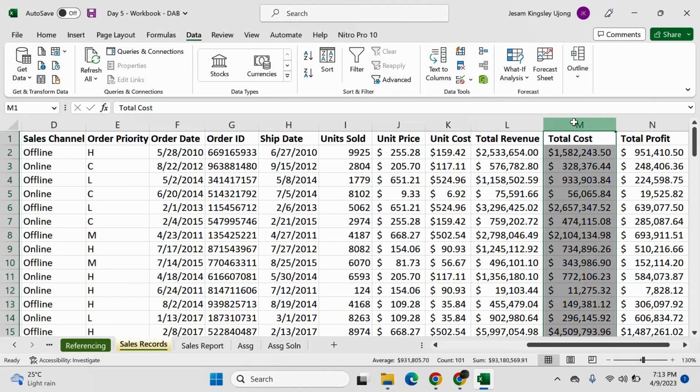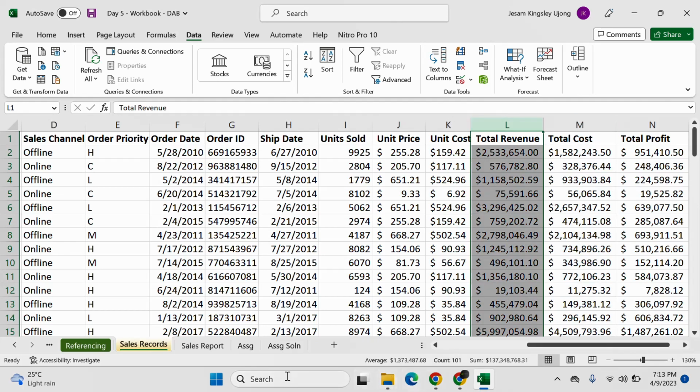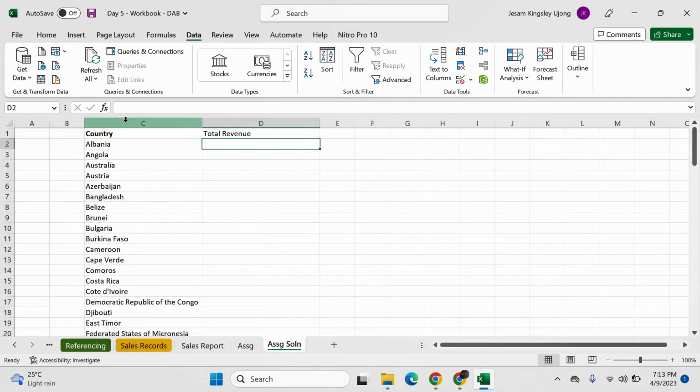So we want to get the total revenue of each of the countries. That's why we had to filter it here, right? And take away duplicates, so we just have a single country. Now we're going to use the SUMIF function. So basically what we're trying to do is